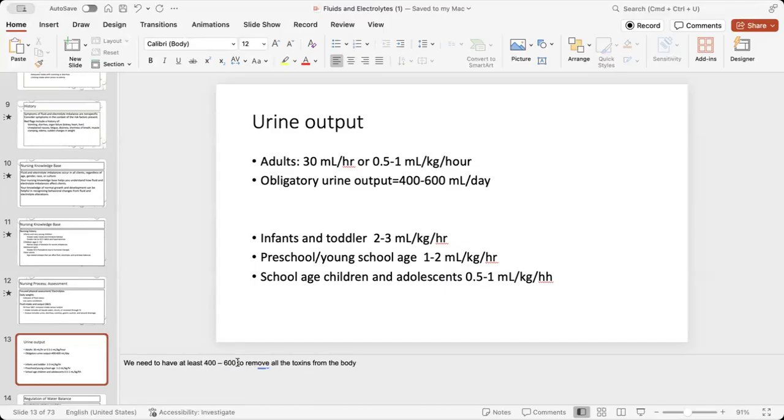For adults, they say 30 per hour. Sometimes it might be weight based, so depending on what the patient is in the hospital for, they might look at the weight. Infants have a little bit more. You don't have to memorize these numbers; these are just some numbers to think about that you might see in a client. I do want you to know 30 an hour is the recommended minimum output per hour for an adult. If you work with children, it's going to be a little bit more.